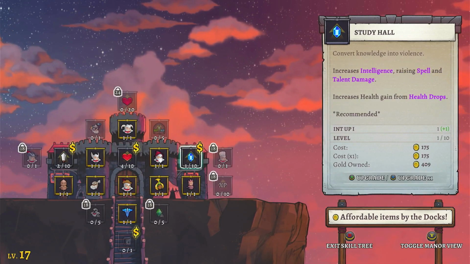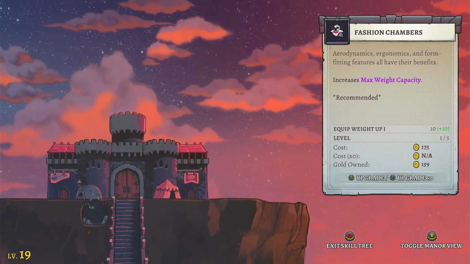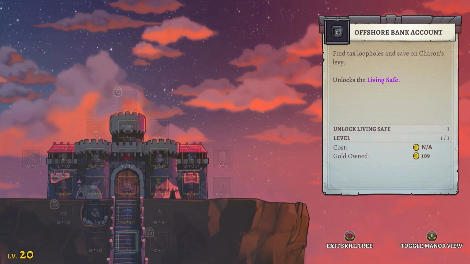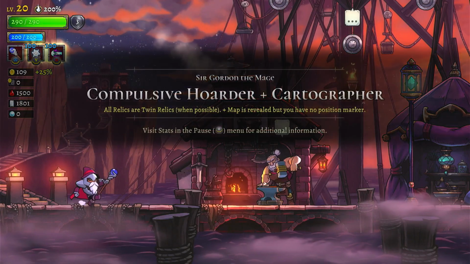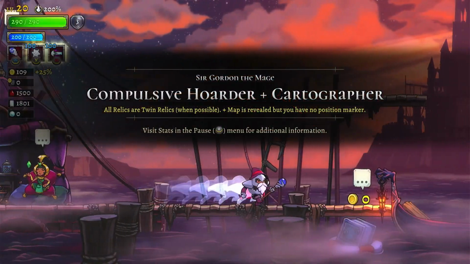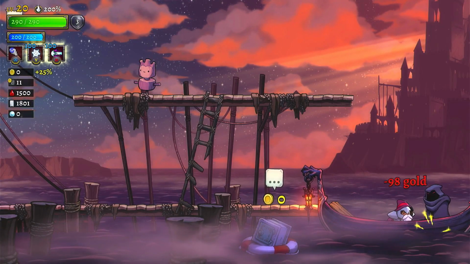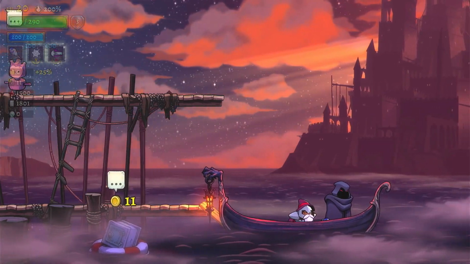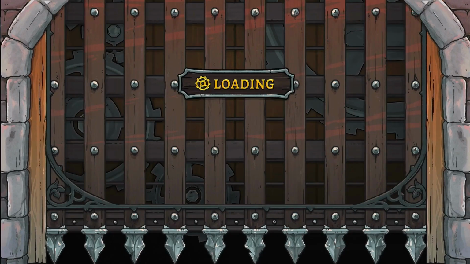aka mana upgrades, then a weight upgrade, which will help when we buy equipment, and to end it off with a safe upgrade, which saves us some money from Sharon's Toll. Speaking of Sharon's Toll, I forgot to talk about it more in depth. When entering the dungeon, we pay Sharon's Toll, which starts at 100% of any gold left that we have. However, this safe that we just purchased will save some of our gold, which will be awesome for our later